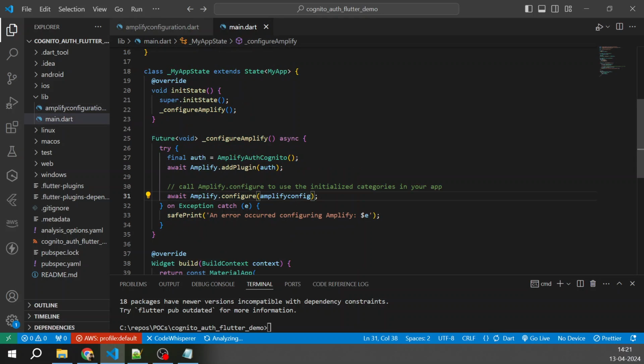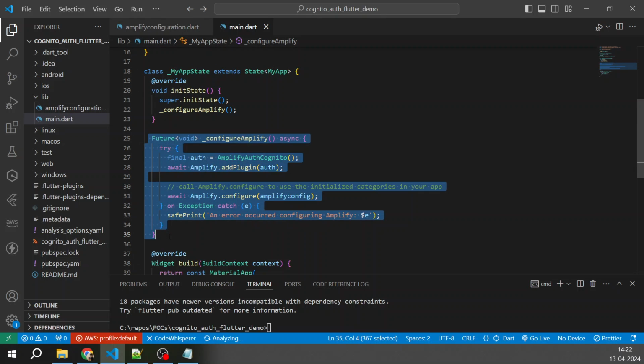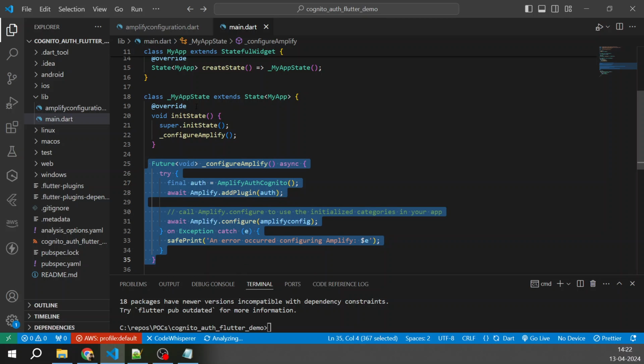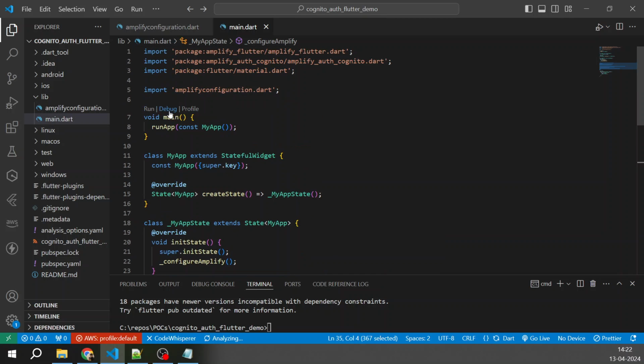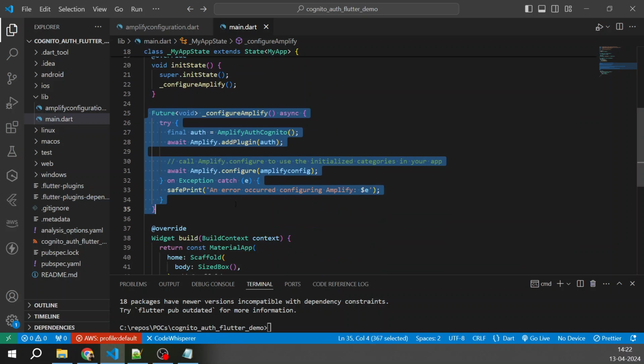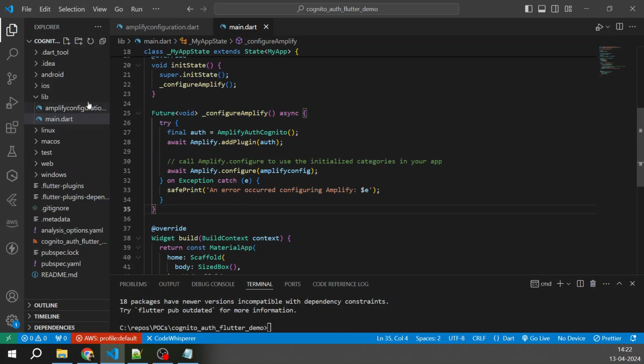So simply, this is how we are configuring Amplify in this Flutter app, and we are doing it in MyApp, which is the entry point of this Flutter app. So we have created the configuration, and we have configured our application to use it. Next thing